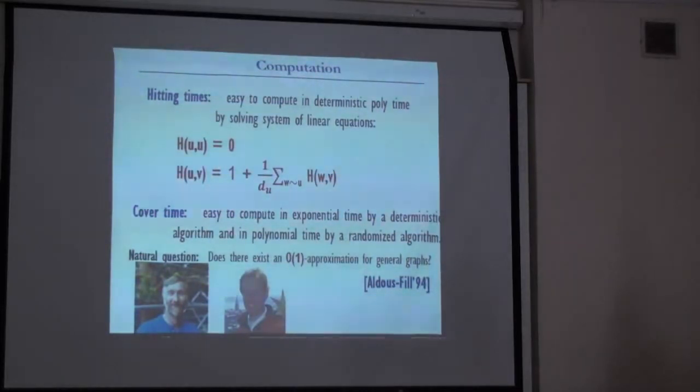Now, what about the cover time, the time to visit all vertices? If you want to compute it, well, one way is to run the random walk many times and average, and you'd get some statistical estimate. But if you want to compute it deterministically and exactly, you can do it by a hitting time computation, but on